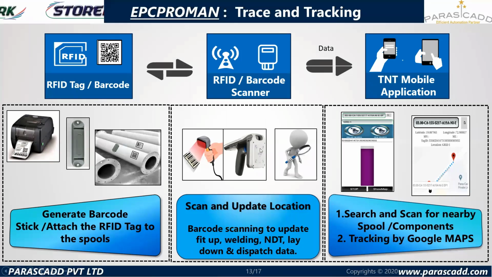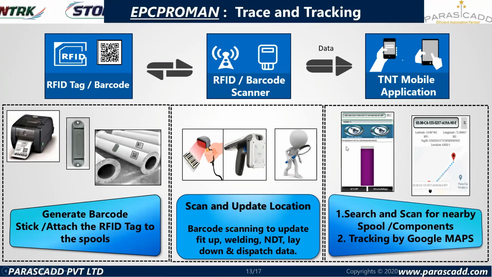Here we can see various scanners and handheld devices used for scanning the particular barcode, or identifying or locating particular barcodes. And this is the mobile application screen we can see over here. This mobile application is particularly for tracking a specific item. Suppose I have spool items located inside a big laydown yard. It becomes necessary to identify this particular item on a day-to-day basis whenever the requirement of issuance comes.